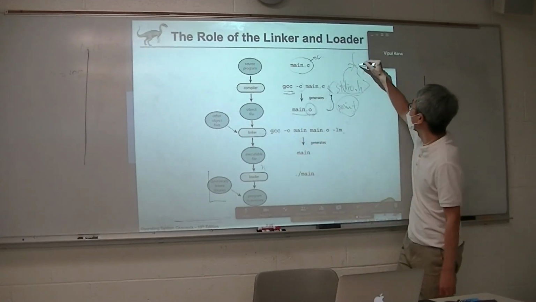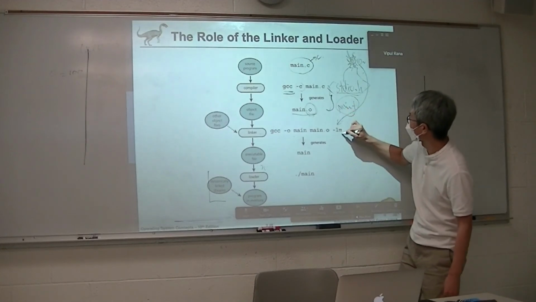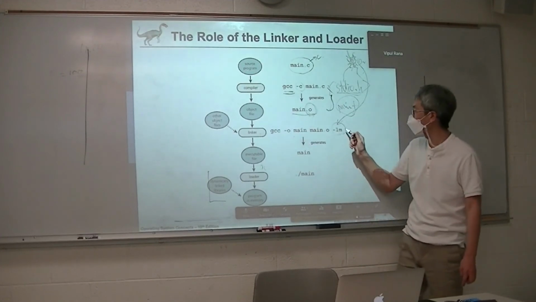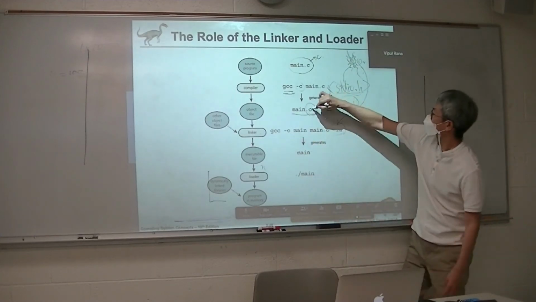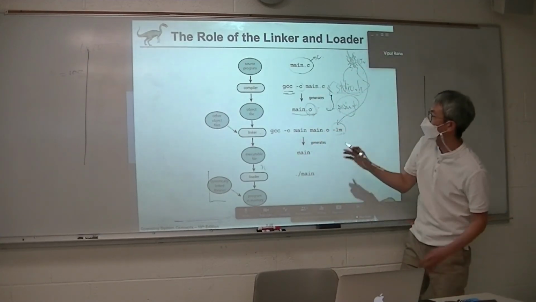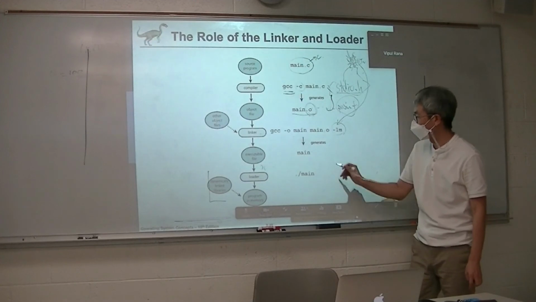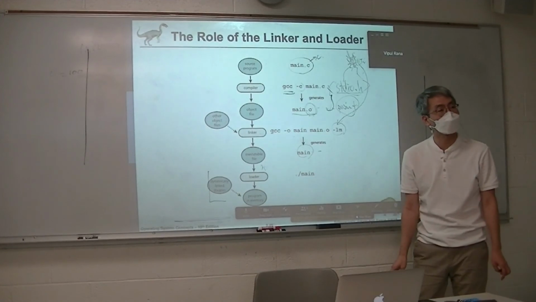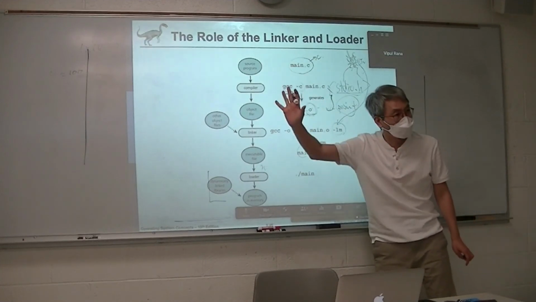Link is, if there is a standard IO library, you are going to include -l, -lN. Minus l is the library, shared library and so on. So then finally it can have all the object files, and this is called the link. Okay, it makes the executable file. Then where is it? The main file. Where is the executable file? This is on your file system, hard disk drive, not on the memory.